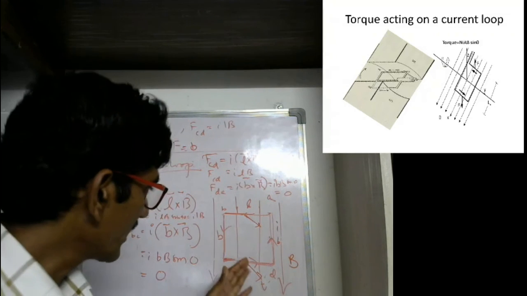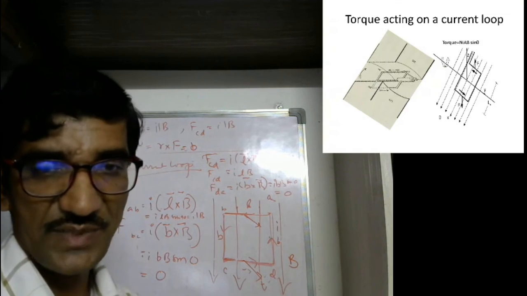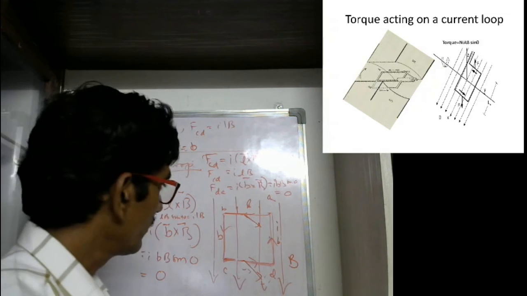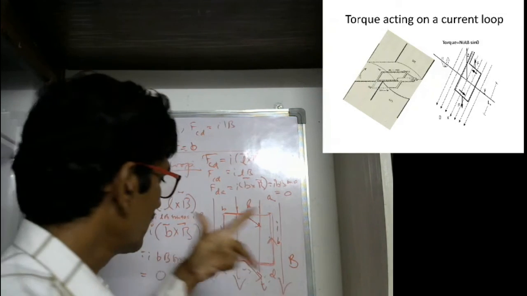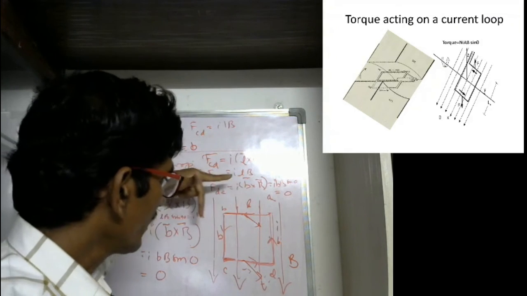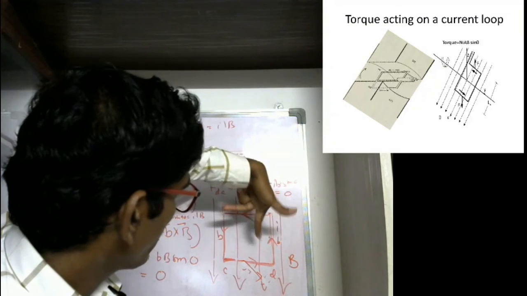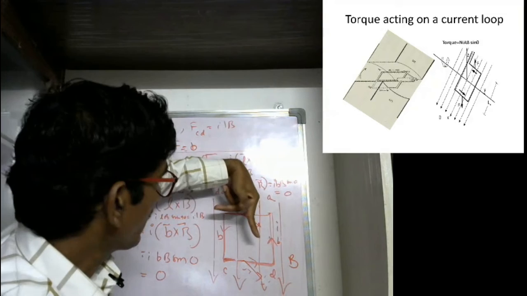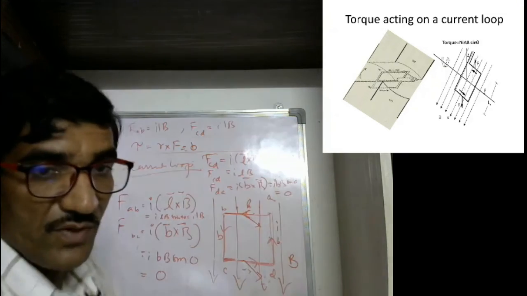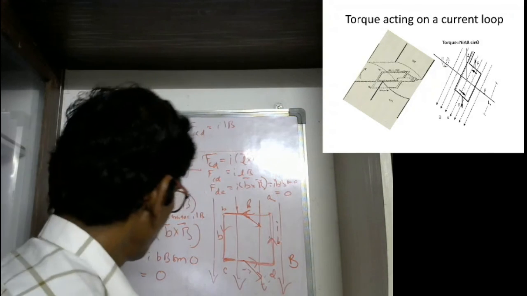We can know this by using Fleming's rule. You have to be very cautious while applying Fleming's rule. You have to align these 3 fingers perpendicular to each other. Then you align the middle finger in the direction of current, this finger in the direction of field. Now this is showing upwards. Here you have downward direction for the force.